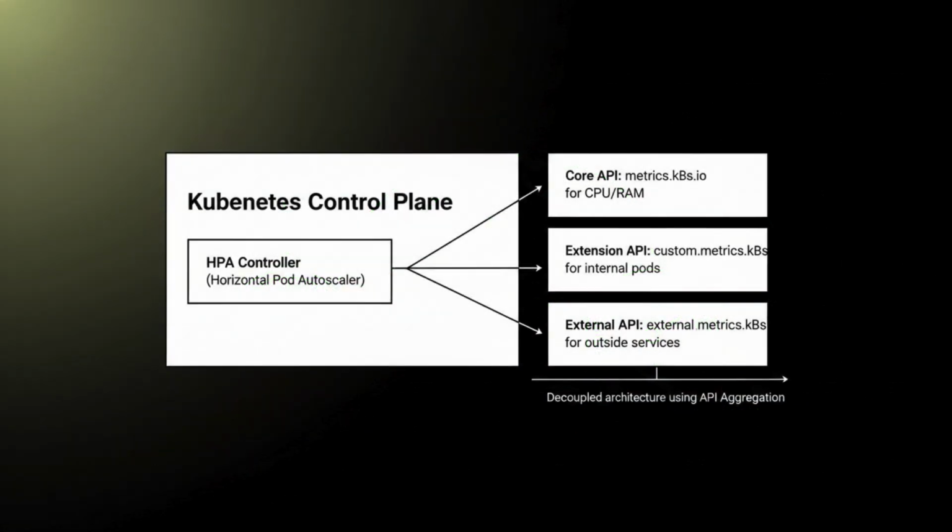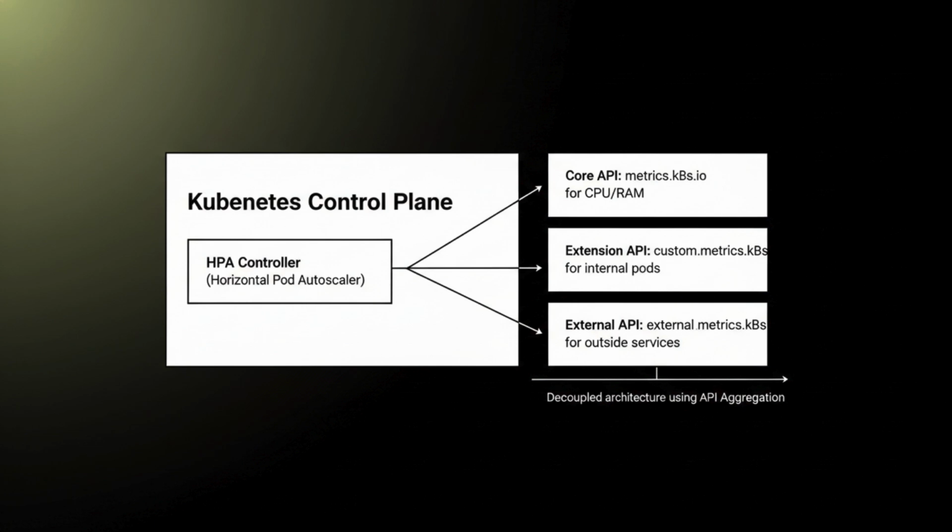To implement custom metrics, we first need to understand the Kubernetes metrics pipeline. By default, the metrics server provides resource metrics like CPU and memory via the metrics.k8s.io API. However, for custom metrics, we introduce a decoupled architecture. We use an extension API server that implements the custom.metrics.k8s.io or external.metrics.k8s.io endpoints. This allows the horizontal pod autoscaler, or HPA, to query external data sources as if they were native